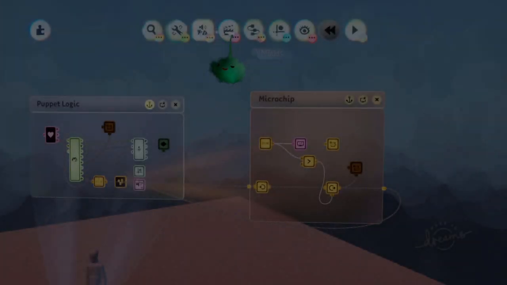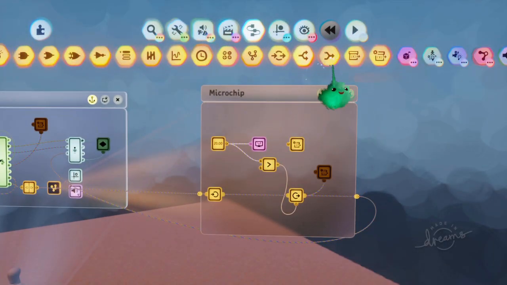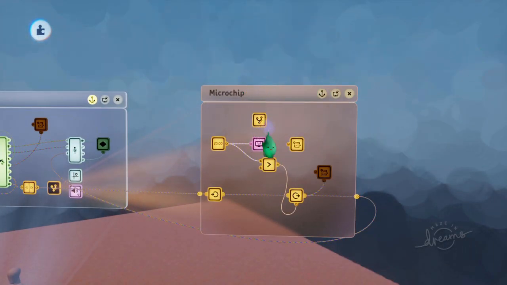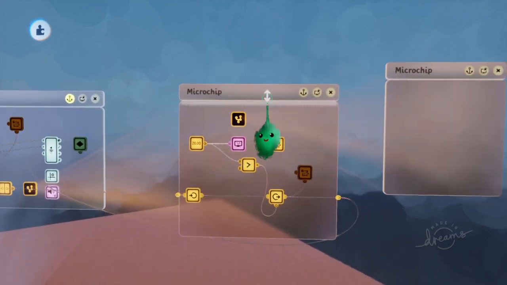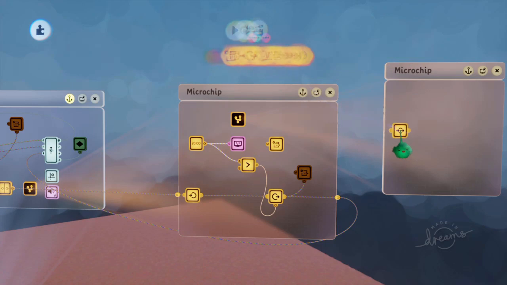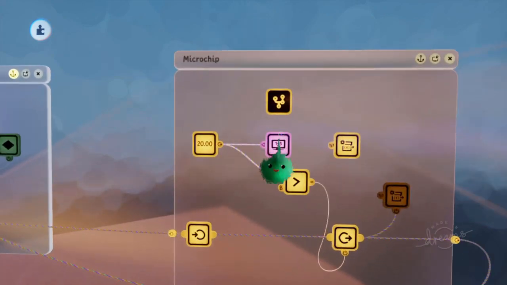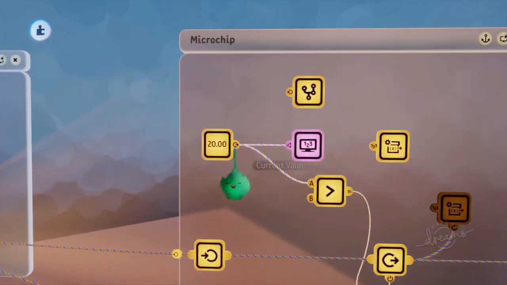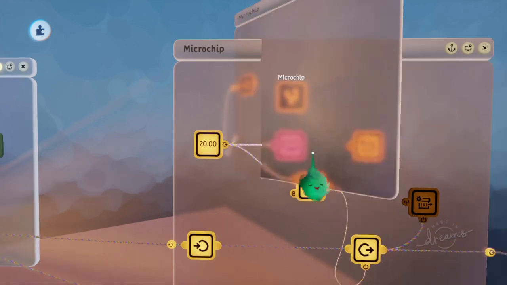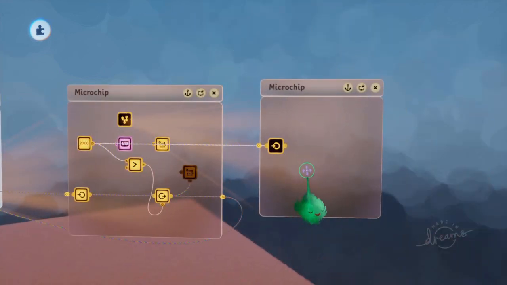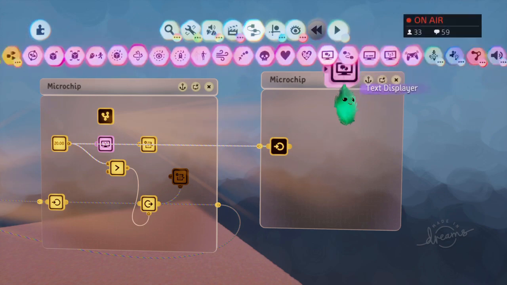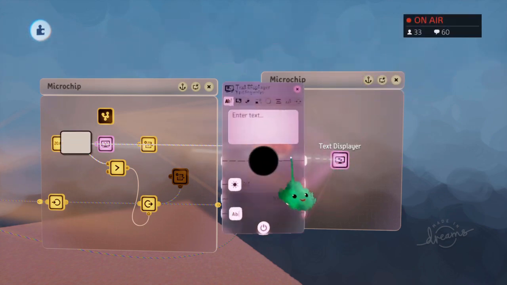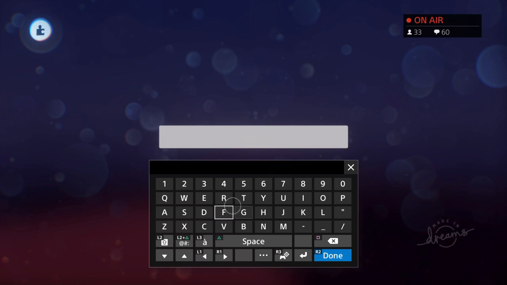So now let's make a little display for it. So let's put this in a different chip so that we can have some more space to play with. And I'll add a node into here, which means when this is closed, I can just plug that straight in there. Just a useful little gadget. And I'll add text displayers and use